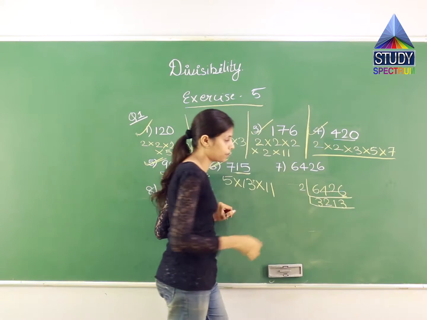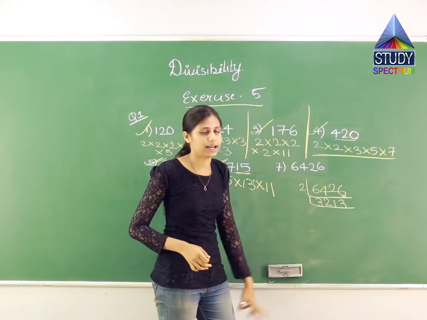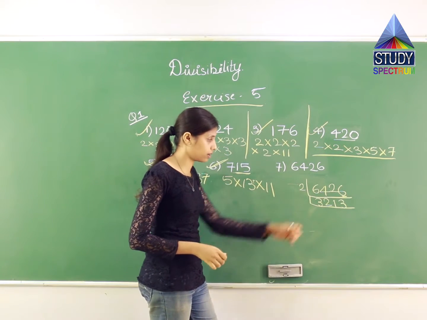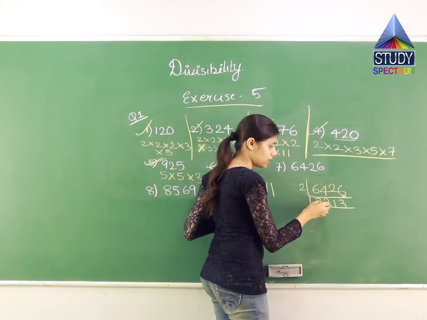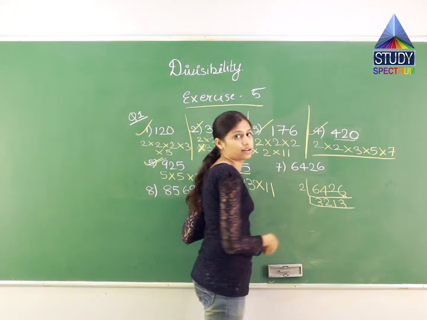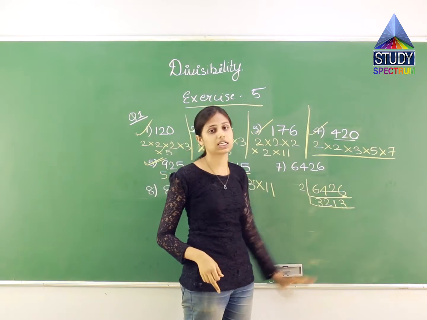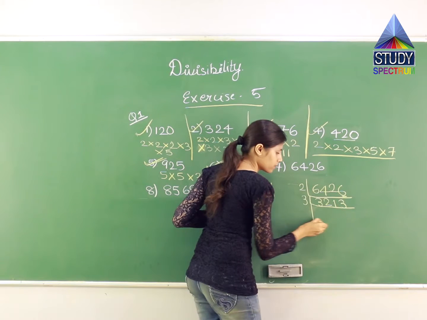Now I have this number. Let us see whether it is divisible by 2. No, because it needs an even number at the end, and I have an odd number, that is 3, at the end. So it is not possible for me to divide it by 2. Then what? Is 3 possible? 3 plus 3 is 6, 7, 8, 9. Yes, 9 is divisible by 3. So this entire number 3213 will also be divisible by 3. So let us divide it by 3.